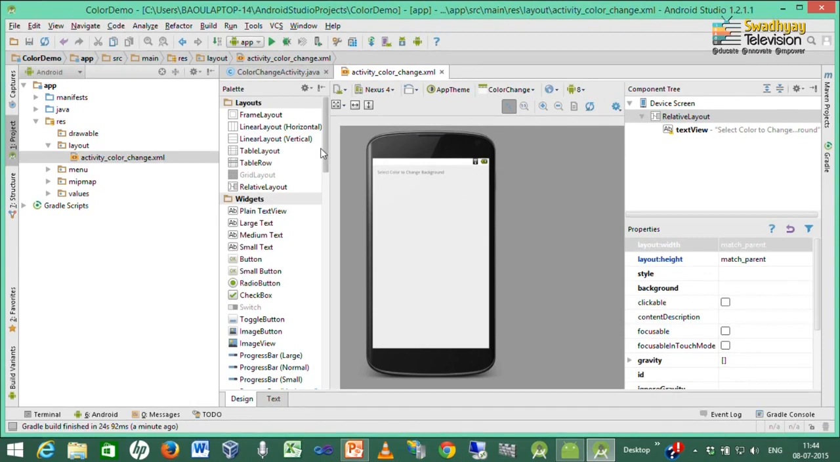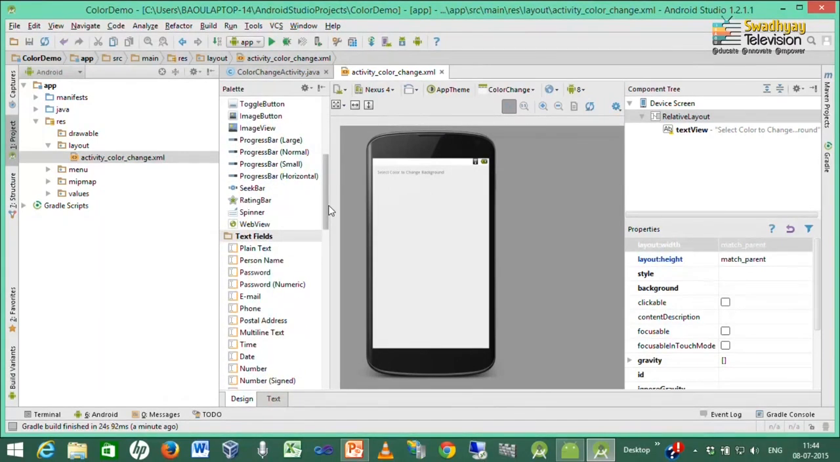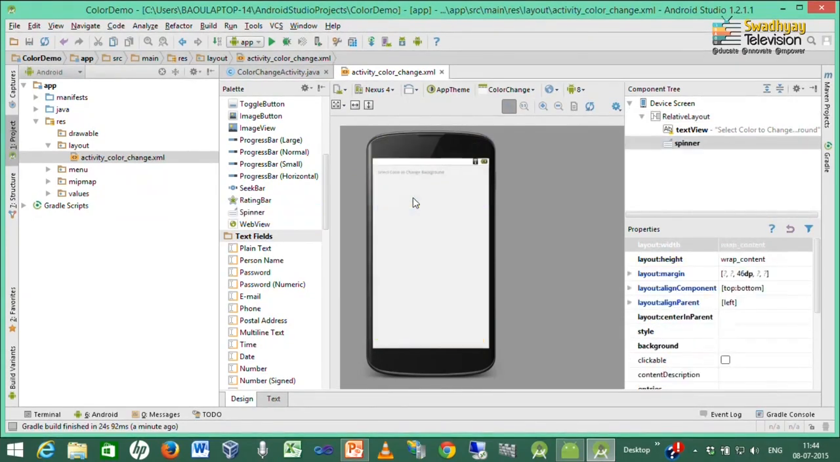Next we use a spinner control. So, we are just dragging one spinner control below the text view, and by double clicking on it we can set its ID. So, we set the ID to spinner1. Now, we want to fill this spinner with names of colors, and whenever the user selects a color we should change the